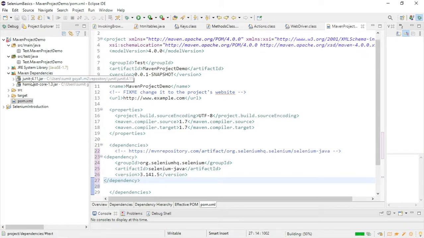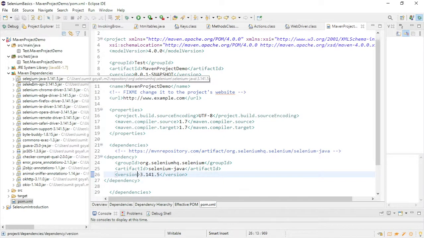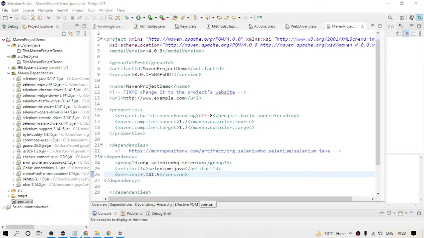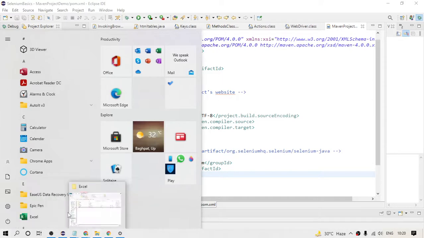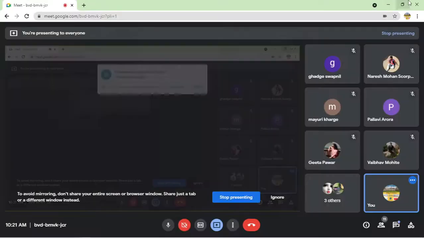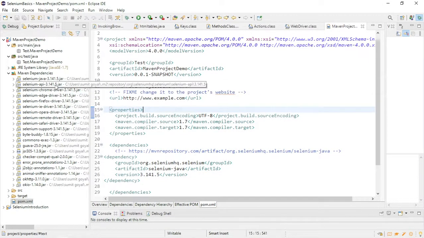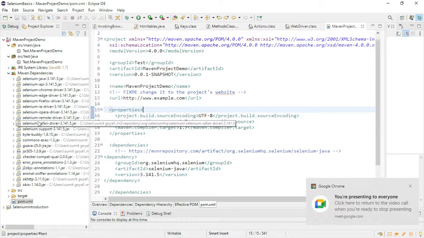Some more files you can see. So this is version 6.1415, and we are getting all the Selenium dependencies. Now you can see it has first downloaded and placed them into my local machine, under C Users.